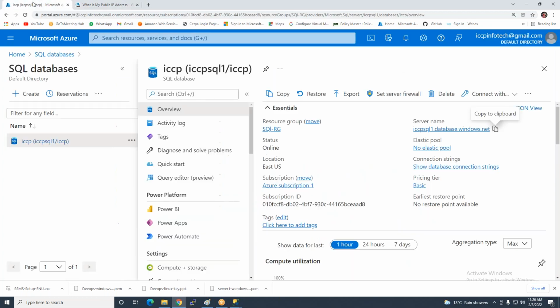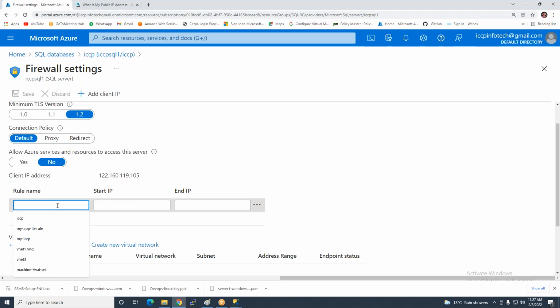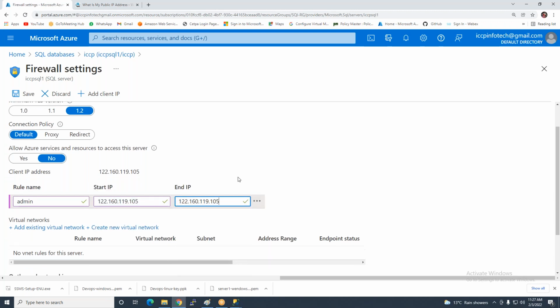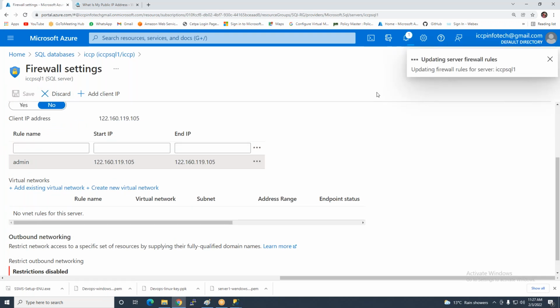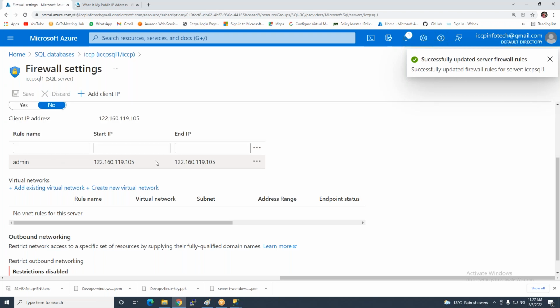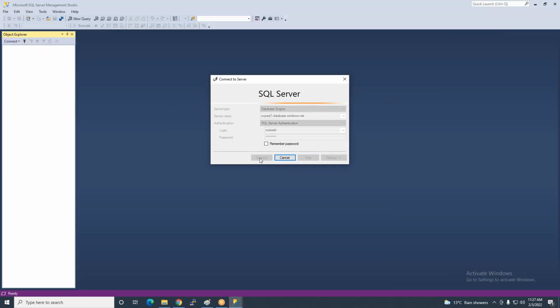This is my public IP, and now I'm just clicking on set server firewall rule, and now the rule name is admin, and the start IP of this and end IP of this। So I'm just adding these two IPs and then save। तो गाइज यहाँ पर मैंने क्या करा, जो जिस भी कैंडिडेट को मेरे को अलाउ कराना है, मैंने उसका आईपी एड ऑन कर दिया। लाइक मैं चाहता हूँ कि 60 एक्सेस करे, तो आई एम एड अ 60 आईपी आल्सो इन पब्लिक आईपी। So guys I'm adding the public IP of admin, and now if I'm just clicking here on connect, so now at this time this server is